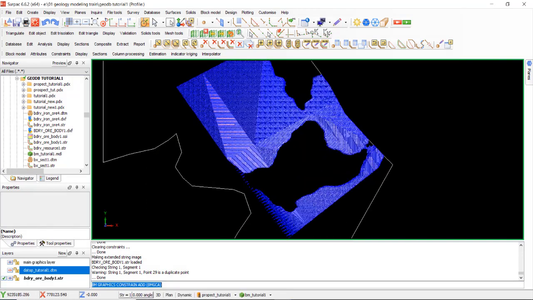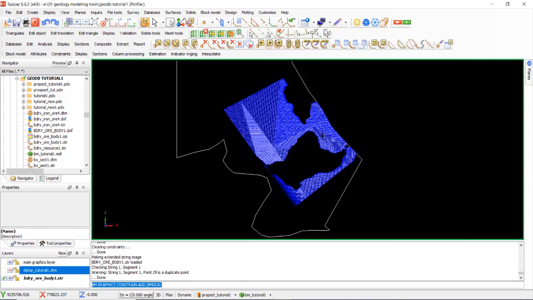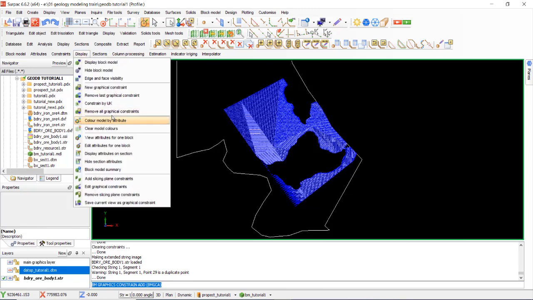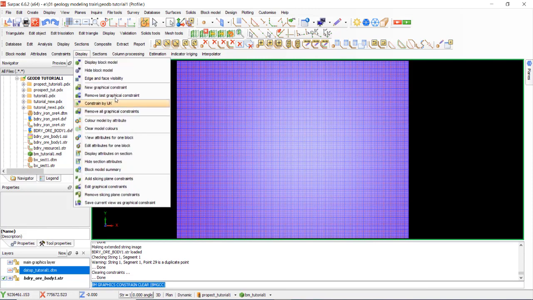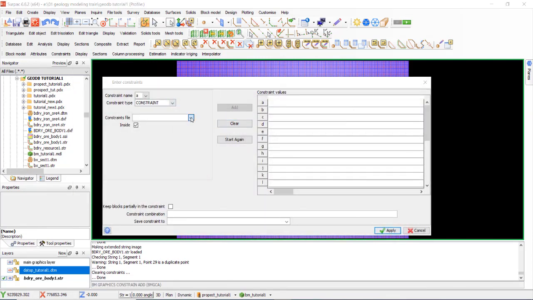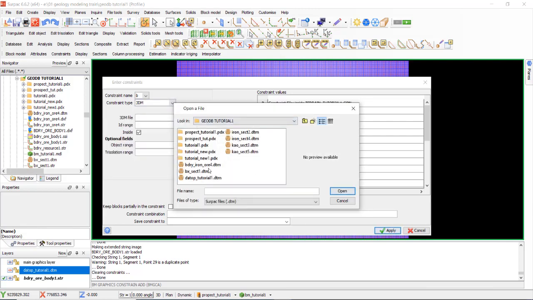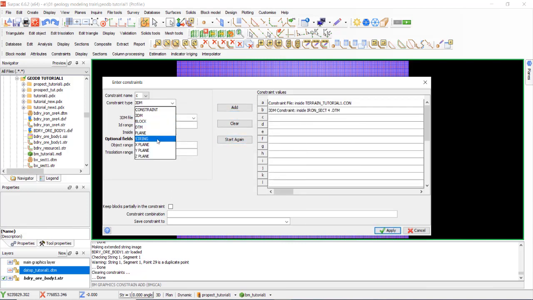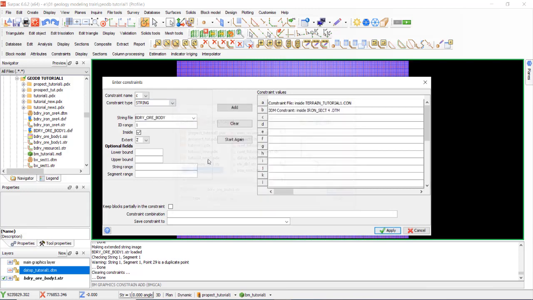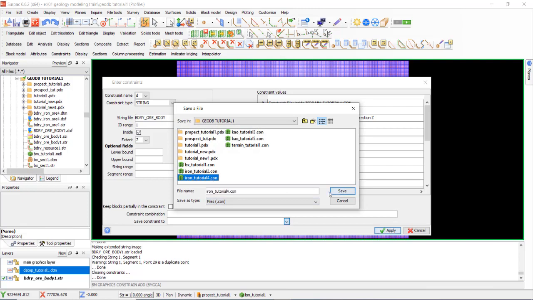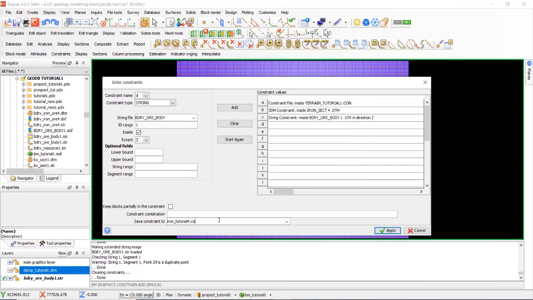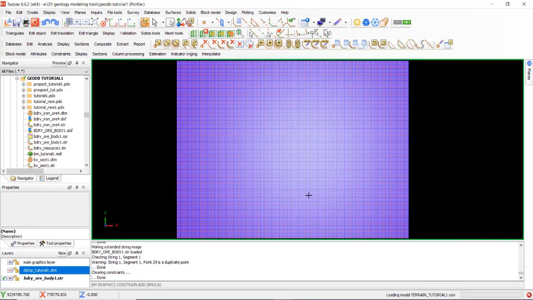Okay, this is located below the iron ore layer 2. Remove all graphical. Start for the next layer. Constraint terrain, 3DM, layer number 4 is iron ore, and then string of the body, and layer 4. Okay, apply.